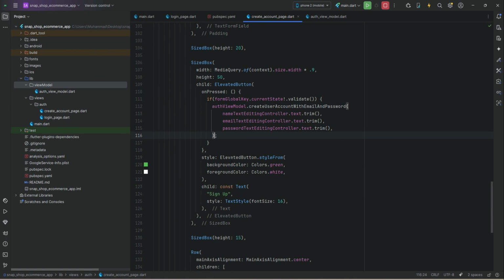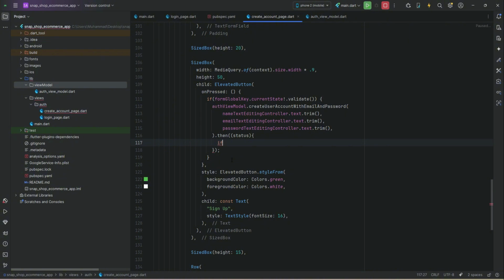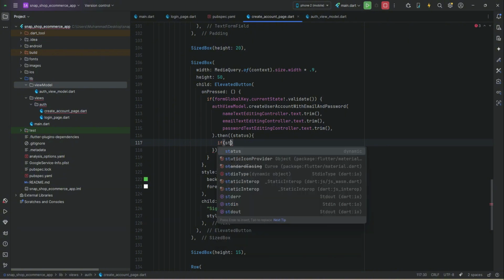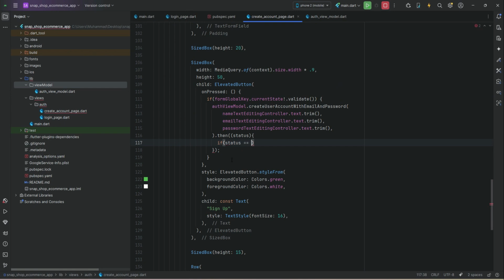And then we will check for the information, for example, we will say .then, let's say status. So we will check if the status becomes equal to